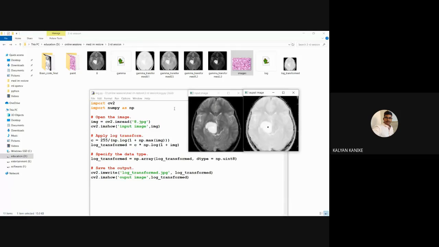Fine. So here these are the two general transformations we will use for the medical images. Fine. It's not only about the restoration process, it's about the applications in medical images. Okay, so fine.